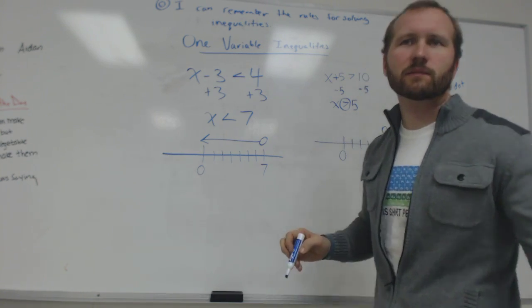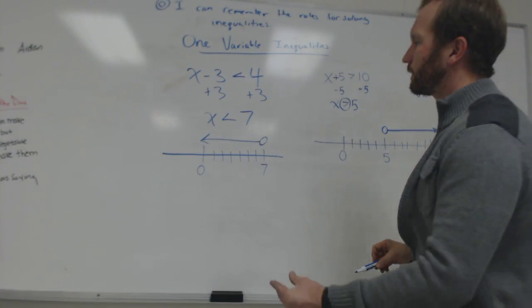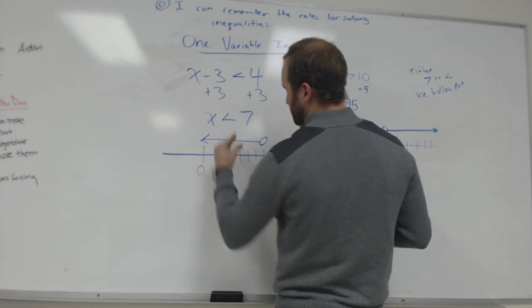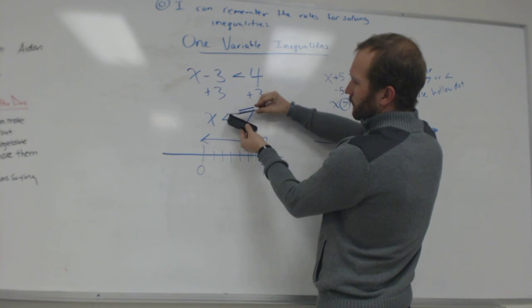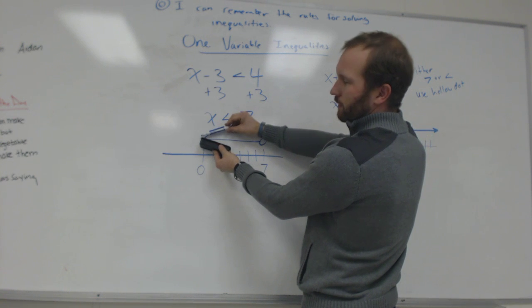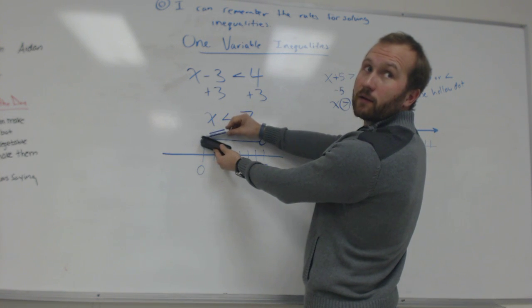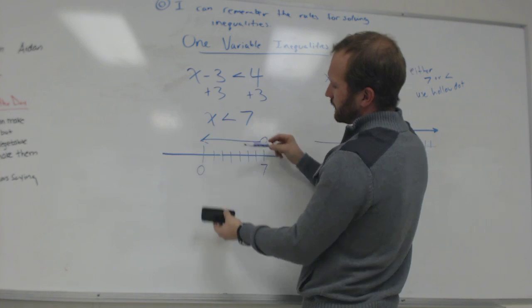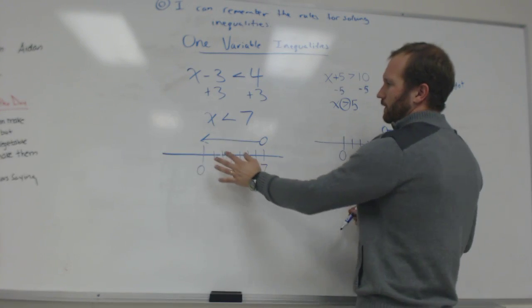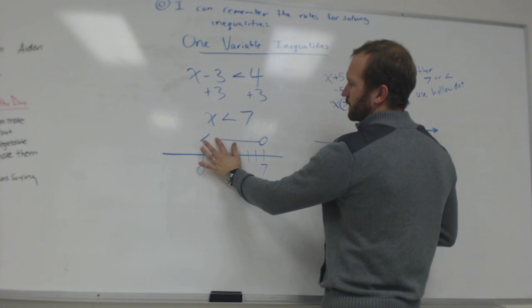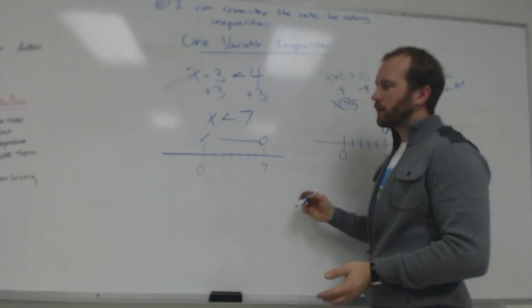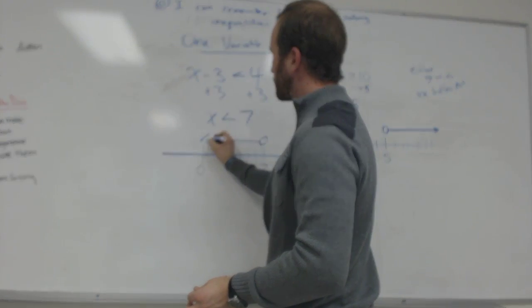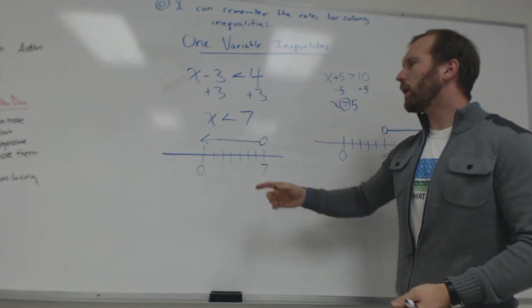I want you to notice something about these arrows. Here's the less than symbol, right? It goes like this. Look at the end of my arrow. It kind of looks like the less than symbol, doesn't it? If I were to erase this, hey, it's a less than symbol. So that's going to kind of help you remember which way to draw your arrow, as long as you write